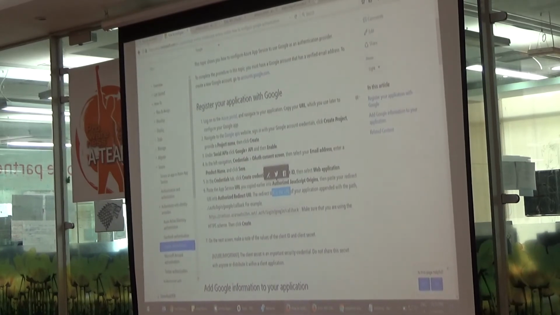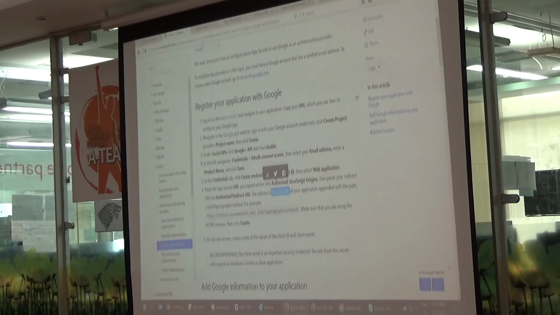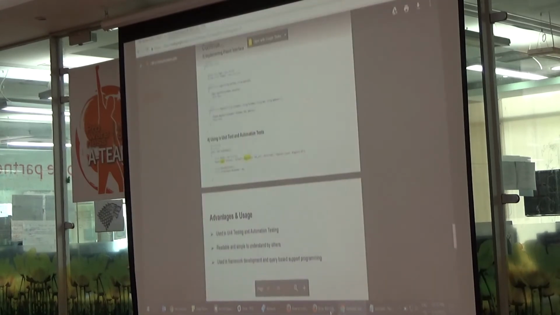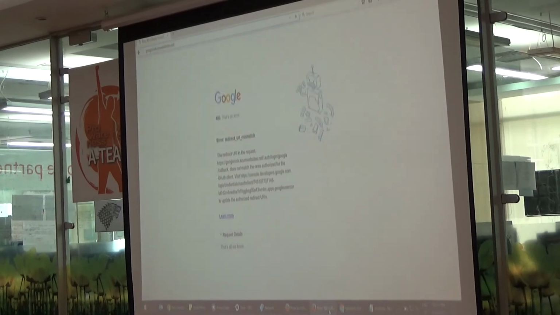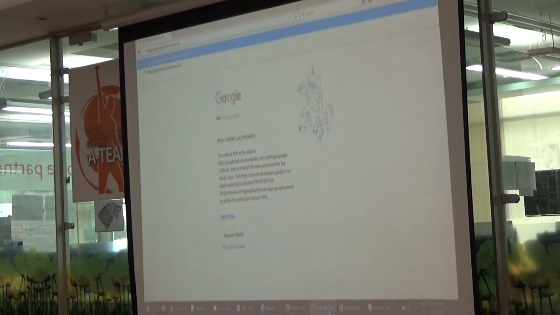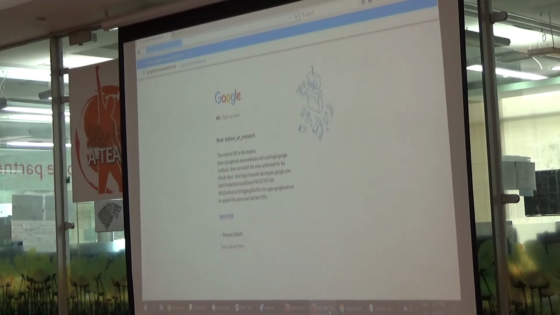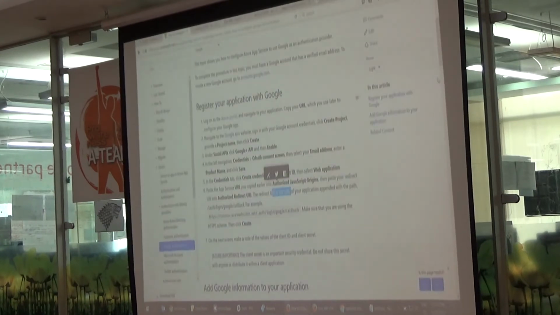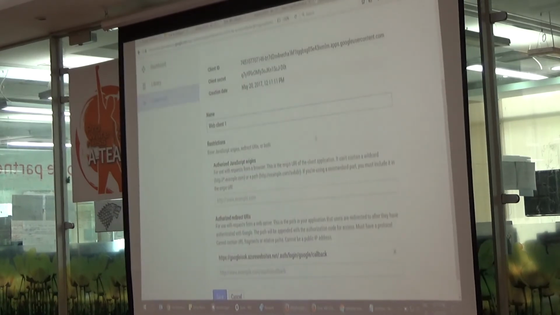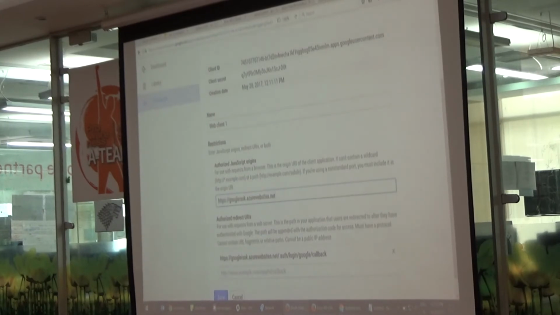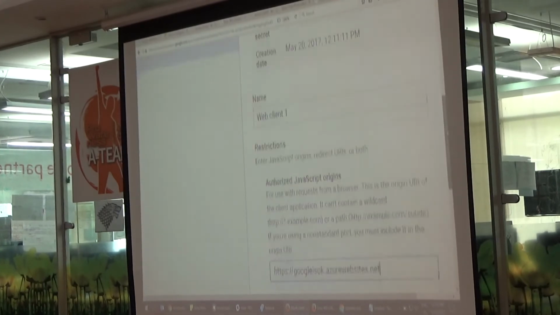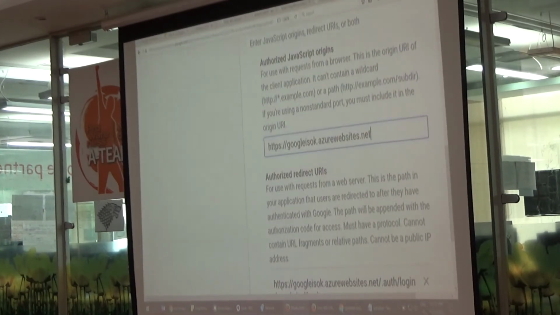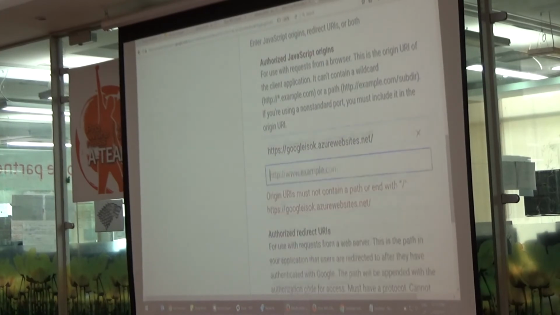So what I can do is, let's go back. We have the URL somewhere. This is the one. This is my URL. We'll go back and add it here. That's just the base URL. No callback, nothing. Just the base URL of your website. Just be careful, if you give a slash here, it completes.